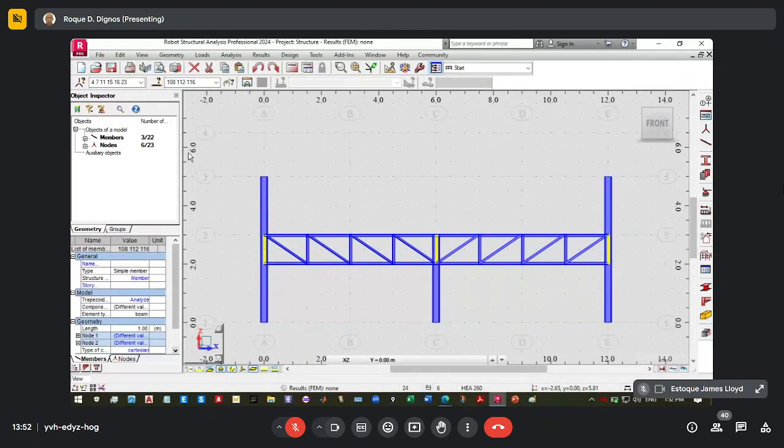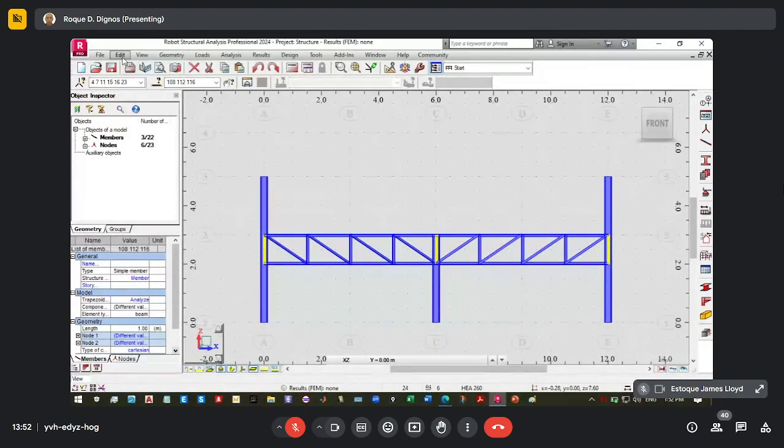Your inspector tells you that you selected three beams but six nodes, because when I went to select it, the nodes between the ends are also selected.